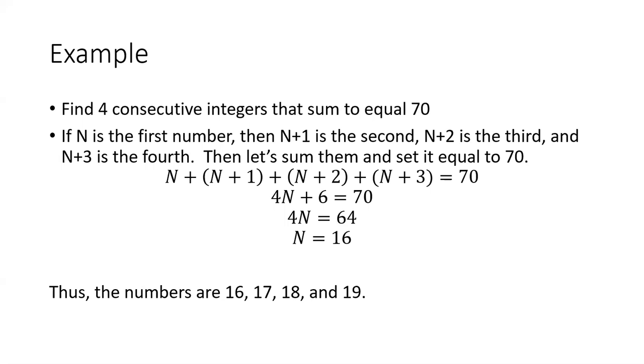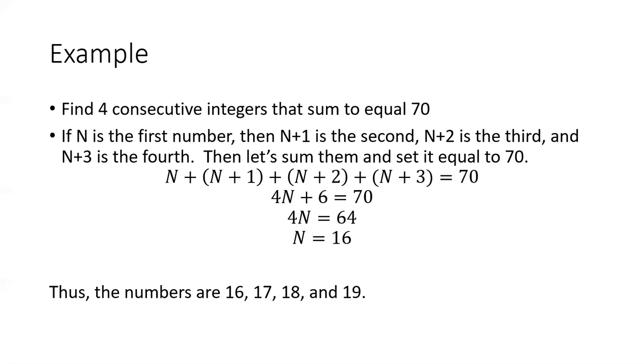Here's one that's a little harder, but it's really still not that hard. Find 4 consecutive integers that sum to 70. So now we need 4. So if n is the first number, n plus 1 is the second, n plus 2 is the third, n plus 3 is the fourth. So sum them all and set it equal to 70. So n plus (n plus 1) plus (n plus 2) plus (n plus 3)